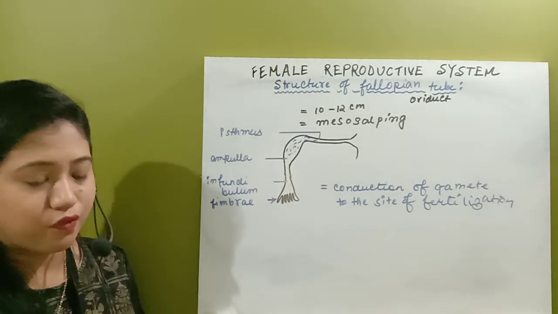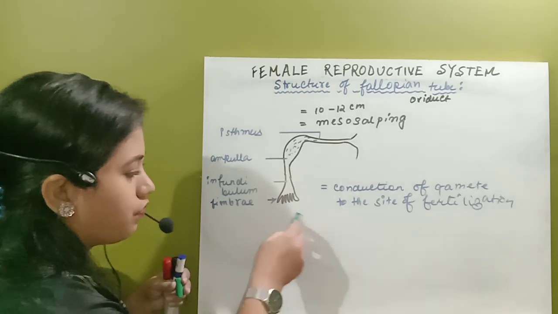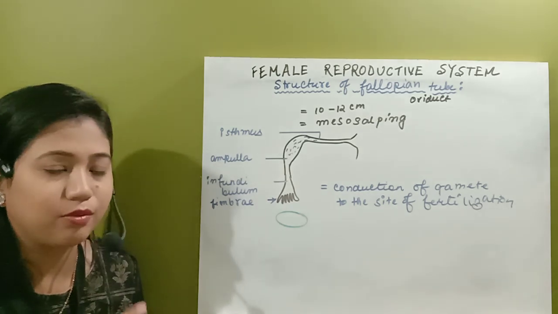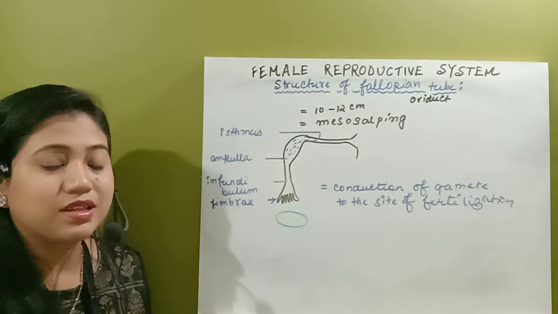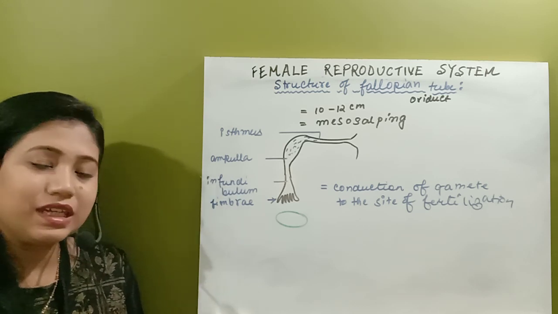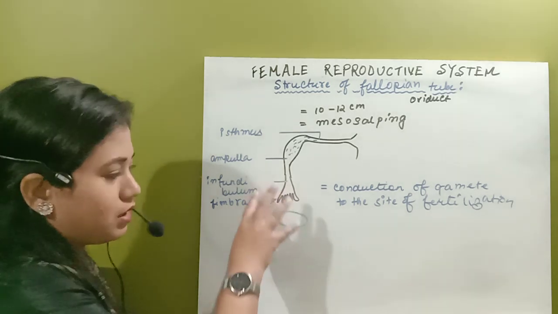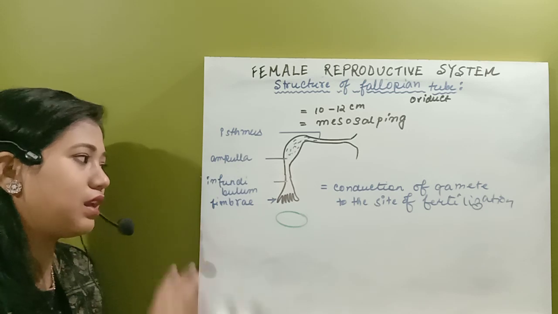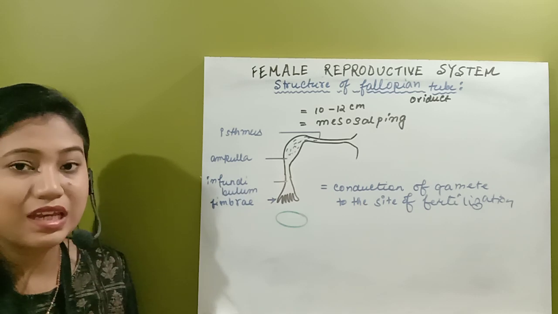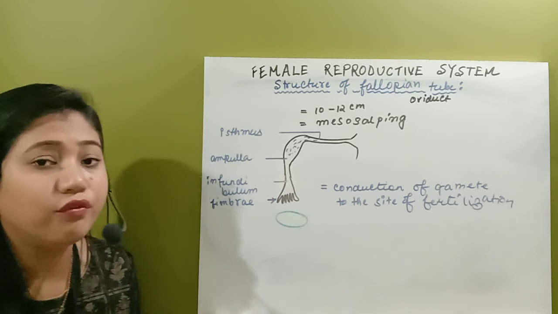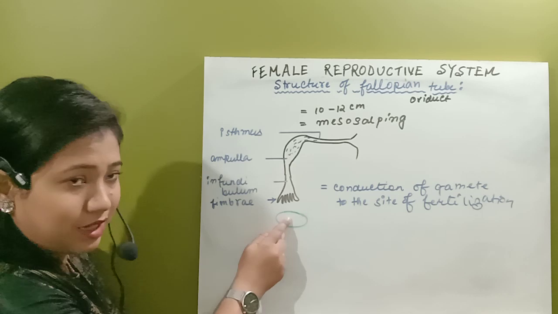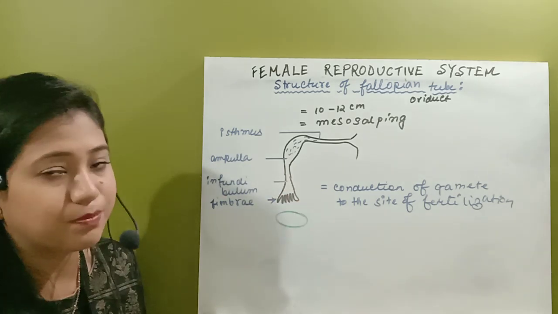So here first of all, just see, we have the ovary. Normally we have a gap in between the ovary and the fimbriae of the fallopian tube. Whenever the menstrual cycle has just started, the primary follicle is going to be matured. In that period of time, we have a space in between the ovary and the fallopian tube. Whenever the menstrual cycle is in the middle, that is in the time period of ovulation, in that period of time, from this ovary, one gamete will be popped out and it will be received by the